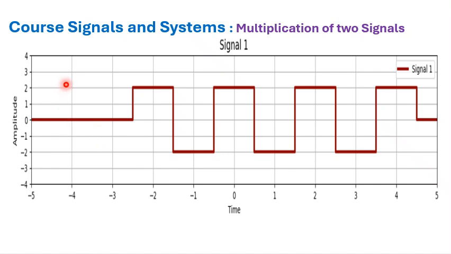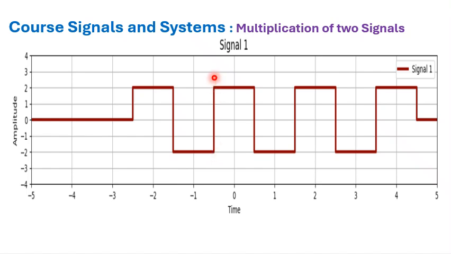So signal 1 has a waveform like this. You can easily tell that this signal is basically a time domain continuous time signal. And this signal has a value of 0 from -5 up to -2.5, and has a value of 2 from -2.5 up to -1.5. Okay, and then this signal has a value of -2 from -1.5 up to